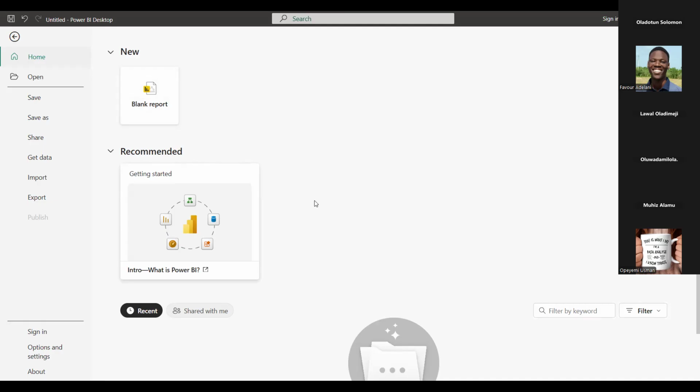Now, the major difference between a report and a dashboard is in the details, and I'll explain what I mean. Most times, a dashboard is usually single page or having a few key views. A dashboard is usually interactive with filters and all of that.